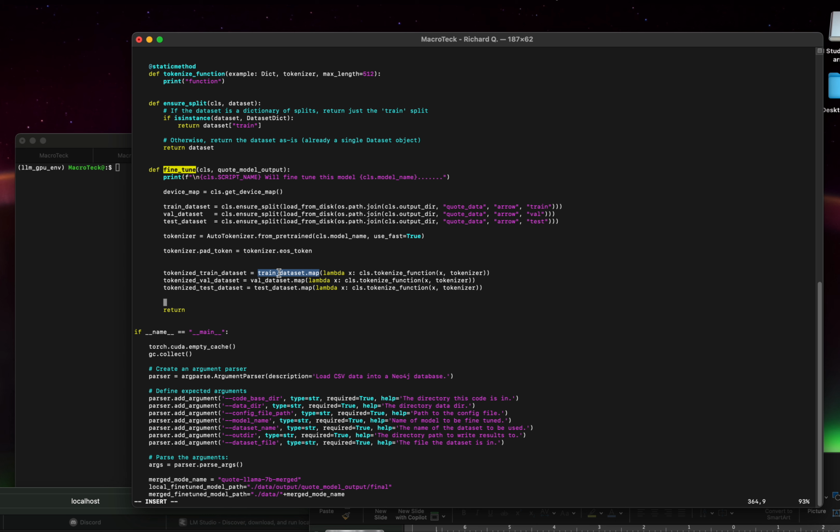The output of this tokenizer function will be a dictionary with the same or new fields. The resulting tokenized training dataset will have tokenized fields like input IDs, attention mask, and labels. So before we move beyond here,